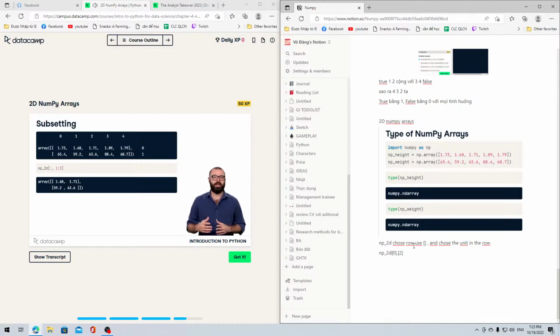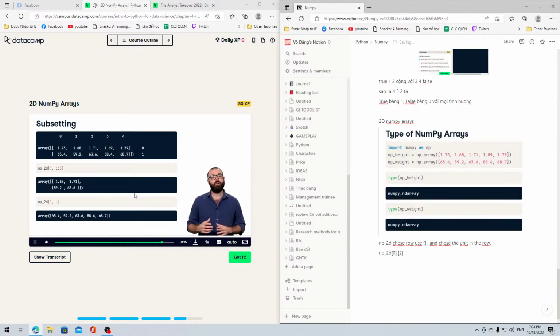Similarly, you can select the weight of all family members like this. You only want the second row, so put 1 before the comma. You want all columns, so you use a colon after the comma. The intersection gives us the entire second row. Finally, 2D